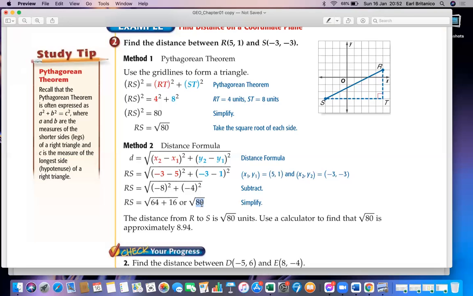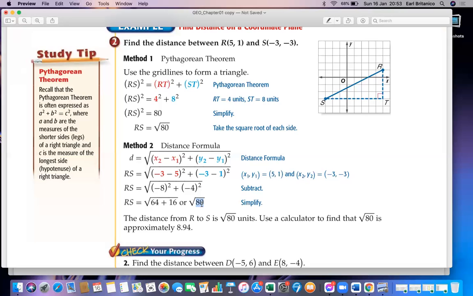80 can be simplified in such a way that you split it into numbers that when you multiply, the answer is 80. But when you split it, make sure one of the numbers is a perfect square. It does not make sense to split it as 8 times 10 because 8 and 10 are non-perfect squares. Okay? What about 4 times 20? Still can do because 4 is a perfect square. But think about some bigger numbers so that you don't need to simplify it again. 80 can be